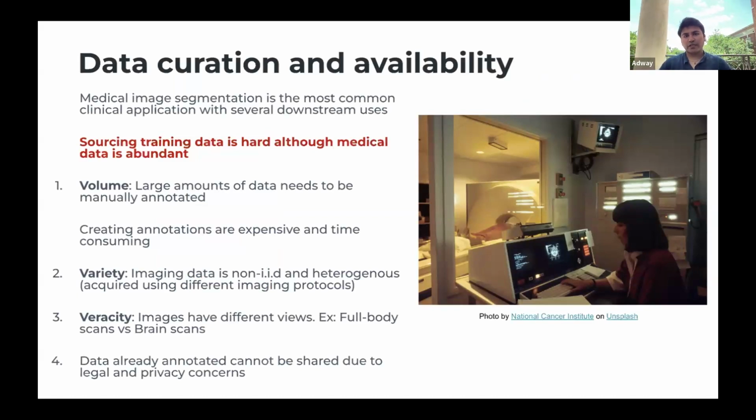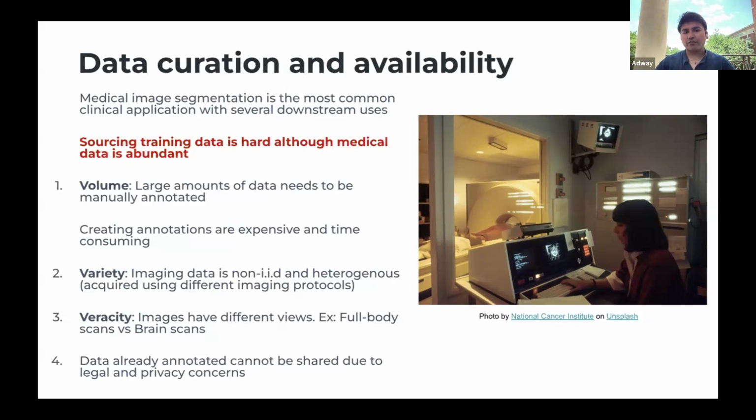The problem with data curation and using data in the medical domain is that sourcing training data to even develop these algorithms is hard, even though medical data is plentiful and abundant. We have three V's that we're dealing with in terms of data curation